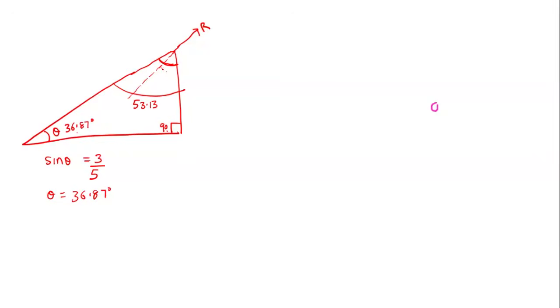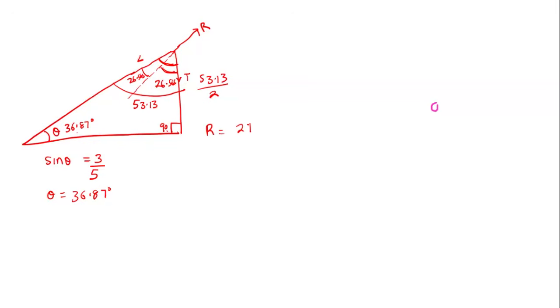But since you want this middle here, you'll say 53.13 divided by 2 because they have divided it into two equal parts. So this one here is going to be 26.565. Also, this one is going to be 26.565. So what are you going to do? Now, once you are resolving this TD side and the TD side,